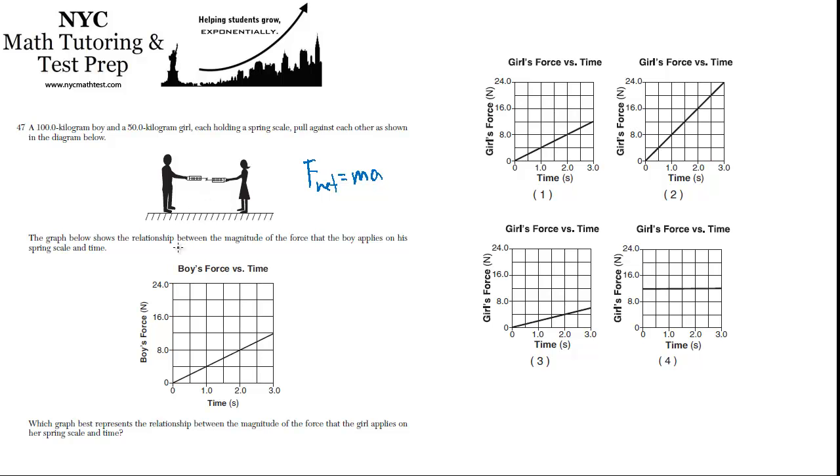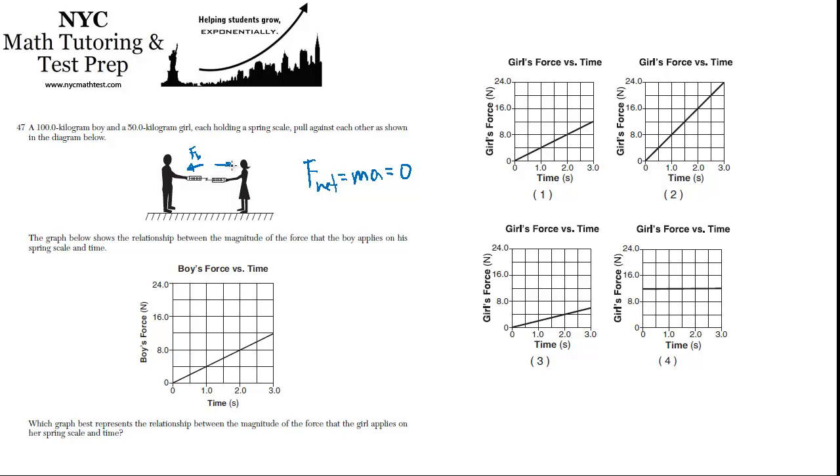But we know that they're pulling on each other and they're not going anywhere. Nobody's falling over or getting pulled to the ground or anything like that. So there can be no net force, otherwise there would be an acceleration. So for F net to equal 0, acceleration must equal 0. And what I'm getting at is that the force that he's pulling with, force of the boy, is equal and